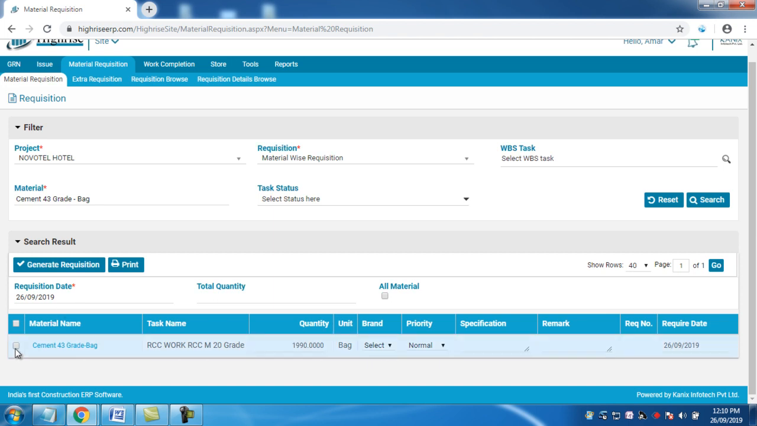Now you see this checkbox. I wanted to generate a requisition for this entry. I will select this. You see this blue material is shown in a blue color. You see this, we have details encoded here. If you click on this